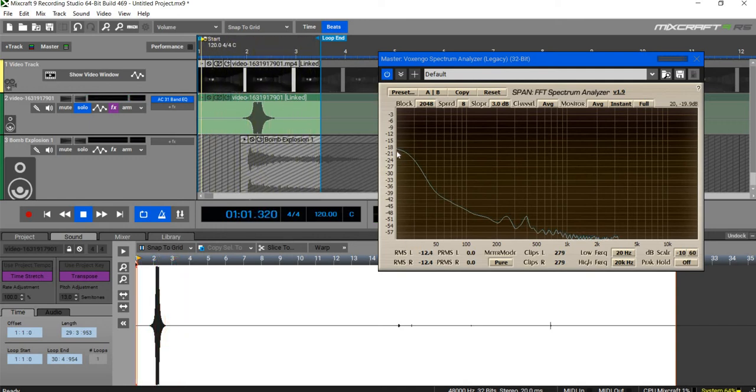Just fell a little bit below. Now I'm going to move it the other way. So it's almost on 18 now.